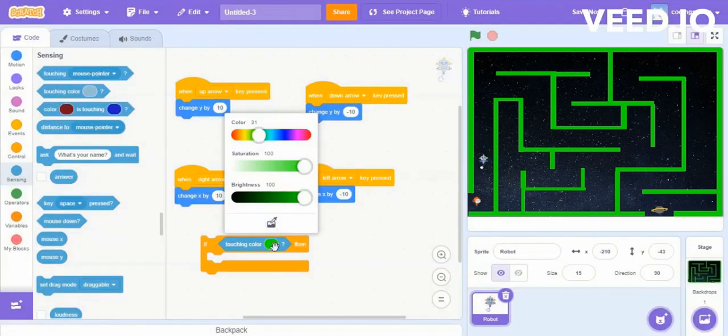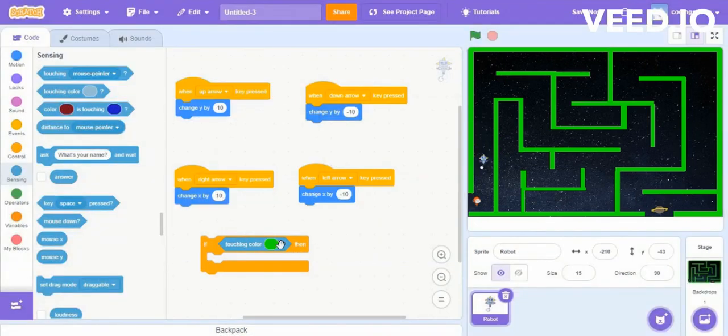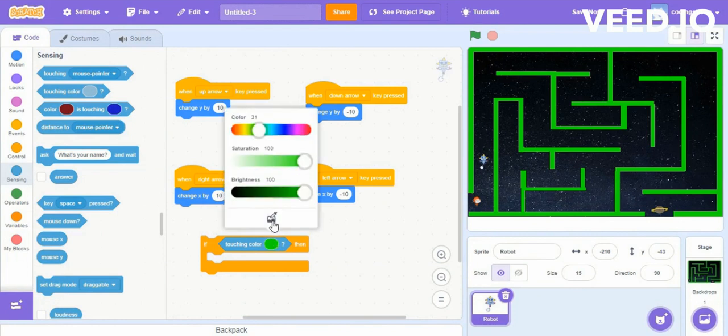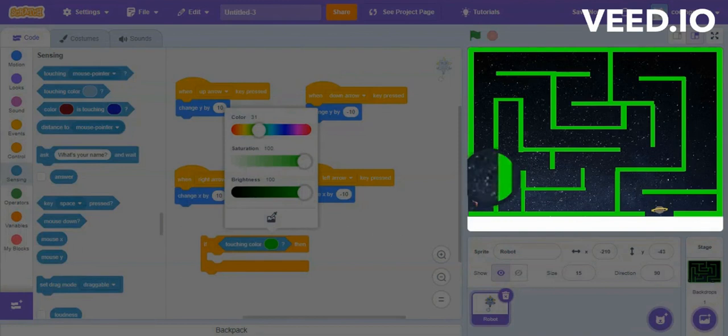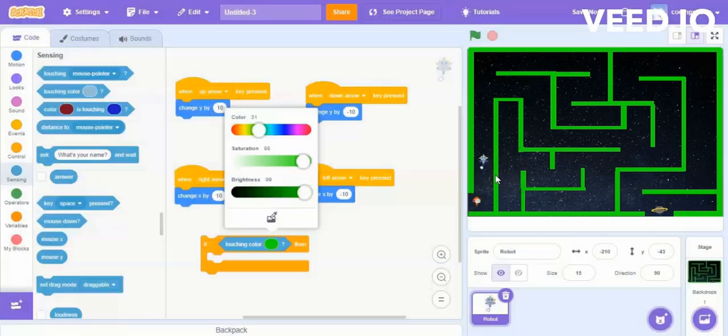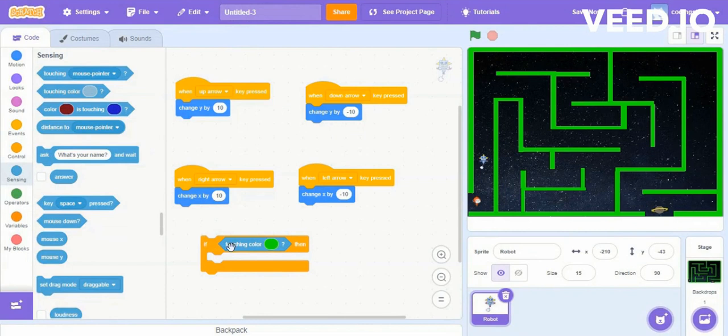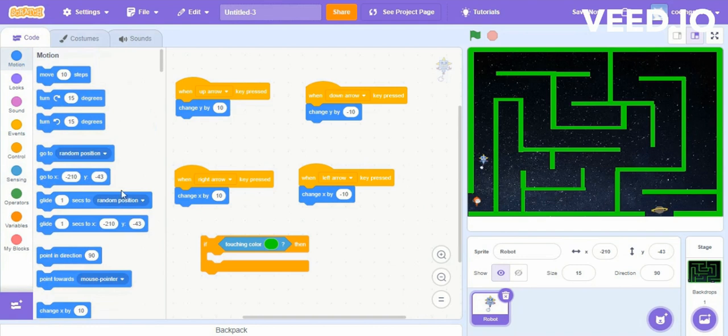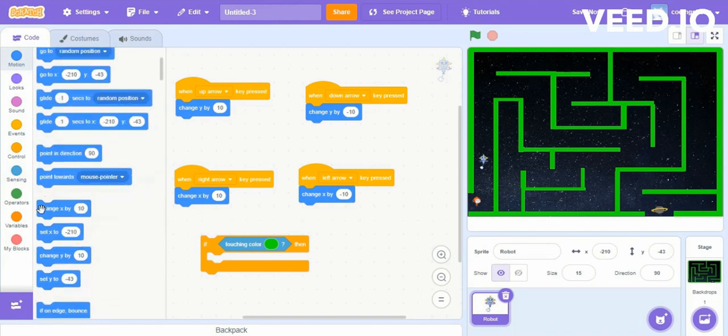So we need to add the condition here that if it's crossing the path, when it touches the path, that path is in green color right now. So if it's touching that green color,